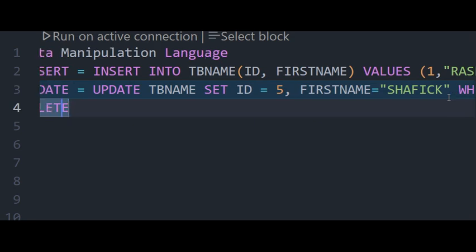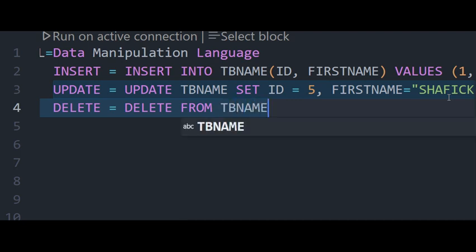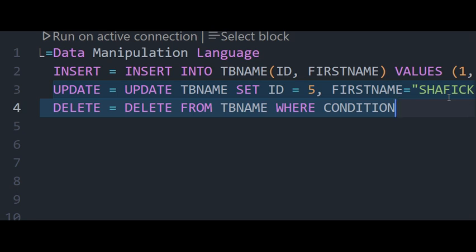So let us take a look at another command, which is the delete command. This one deletes records from a database table. We use it like this: delete from a table. We provide the table name, and then we provide WHERE, the condition that you want to specify. So that's how we can